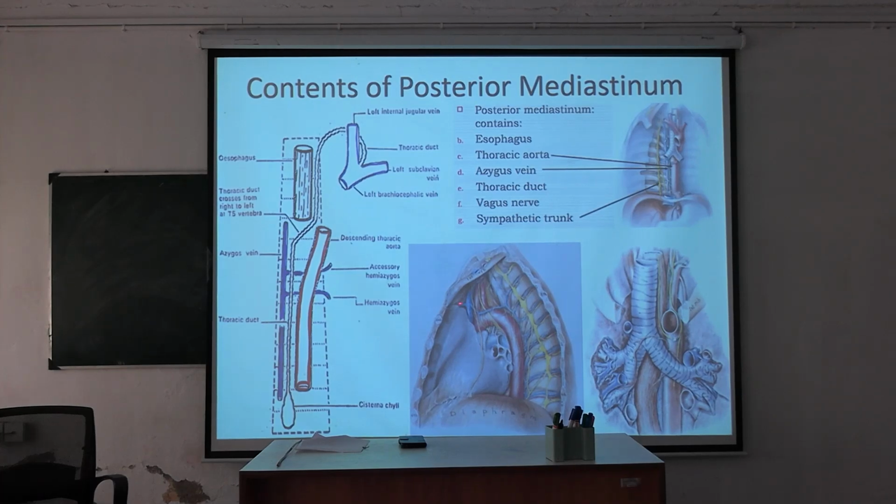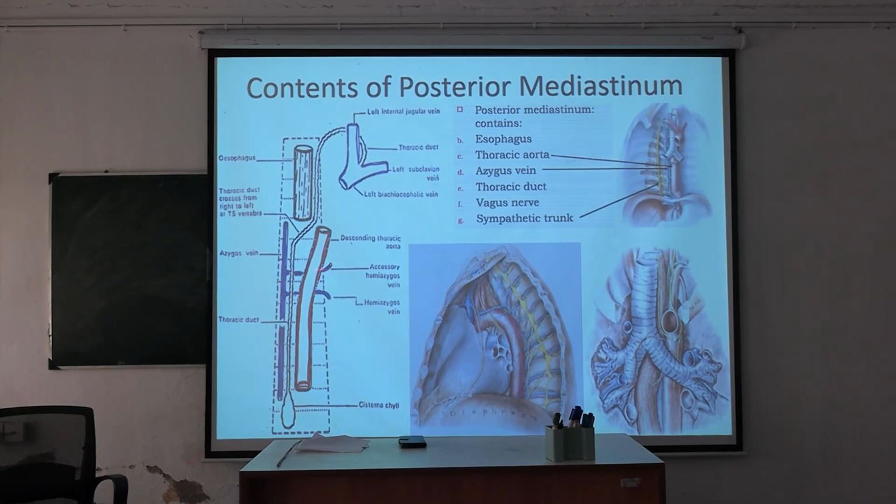Here you can see descending thoracic aorta. Here the muscular tube will be the esophagus. See here, this muscular tube is esophagus. This is trachea, descending thoracic aorta, left vagus, left recurrent laryngeal. Okay. Here also we can see esophagus, descending thoracic aorta, and see here azygos vein is present on the right